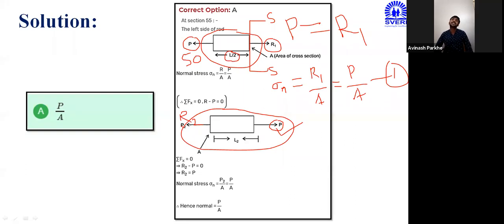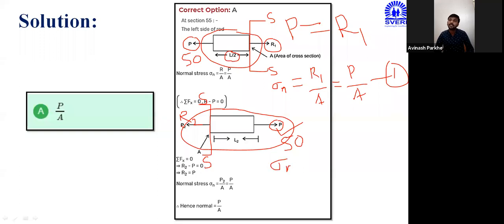That R2 represents the resistance force developed at the left side, because here again, if this 50 kilonewton force is applied at the right side, then in order to resist this 50 kilonewton force, another resistance force is developed at the left side, that means at the section. So whatever section we have considered for the first figure, the same section we have to consider for the second figure. That means again at the section point, this R2 amount of resistance force will be developed, which will resist the 50 kilonewton force.